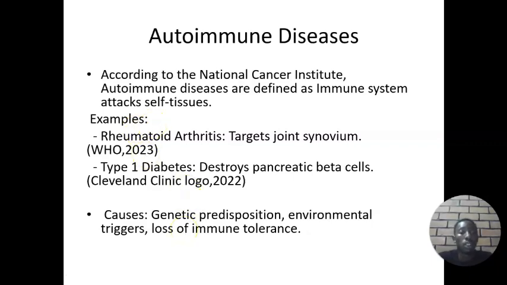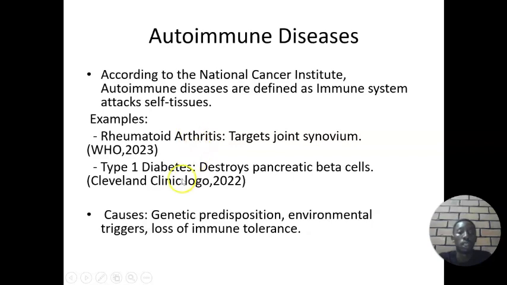The first example is rheumatoid arthritis, which targets the joint synovium. The synovium is the outer membrane of the joint which protects the joint. The immune cells attack that joint,